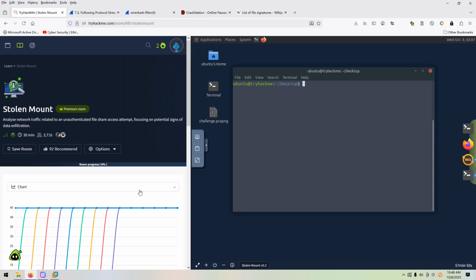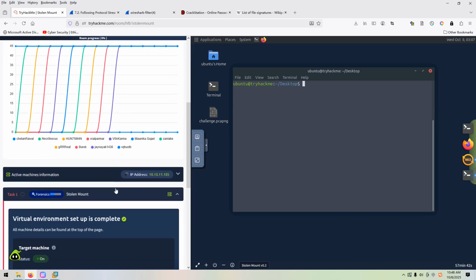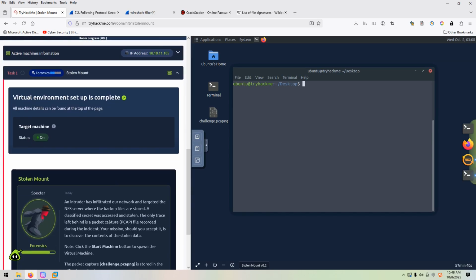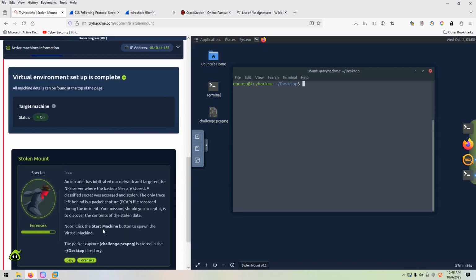Today we'll be diving into another blue team room on TryHackMe, which is Stolen Mount. As you can see over here, there is some description about our task, and we need to analyze. The only trace left behind is a pcap file recorded during the incident, and our mission is to discover the contents